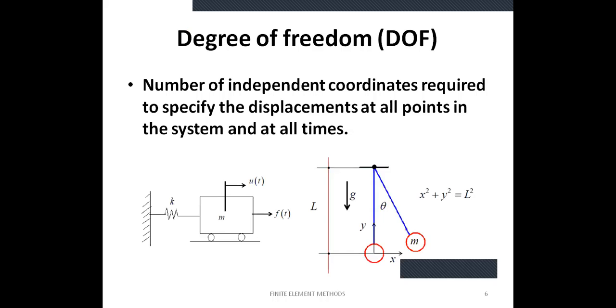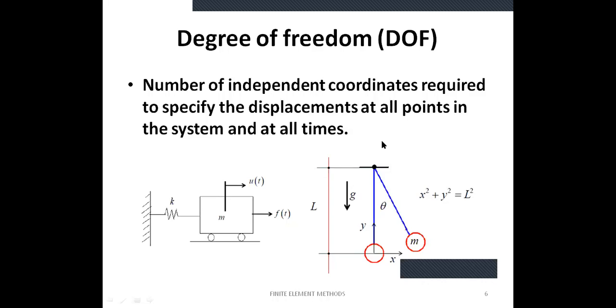So let us look at the pictorial views here and understand the degree of freedom. The degrees of freedom may be 1 degree of freedom, 2 degrees of freedom, or 3 degrees of freedom. 1 degree of freedom means that only one parameter is required to specify the status of the point. Let us say the point is one-dimensional; therefore it needs only the x coordinate value to specify that point. So that point has 1 degree of freedom.